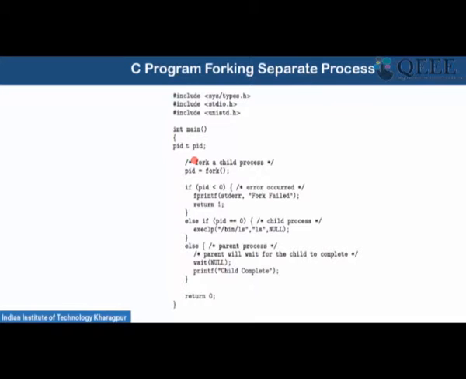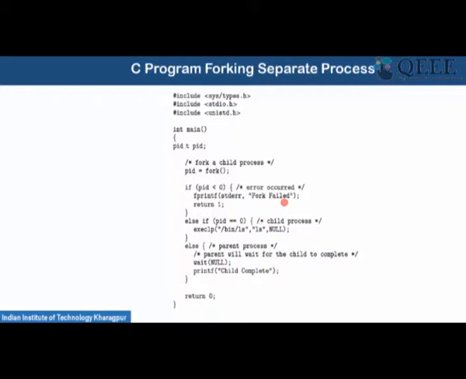And remember what I have mentioned about what a fork basically does. Initially it keeps a complete copy of the program which is being executed in the parent process. So that means initially this is your program that you are executing inside your parent process. The same copy of the program will get copied to the child as well. So we use this concept, and then we check that if the process ID is less than 0, that means there is some kind of error, and we basically print a statement that the fork has failed.